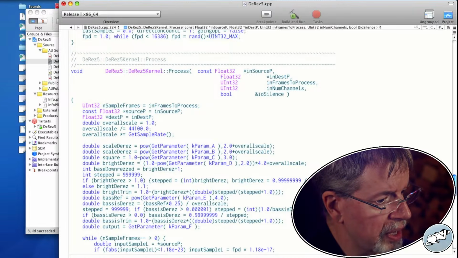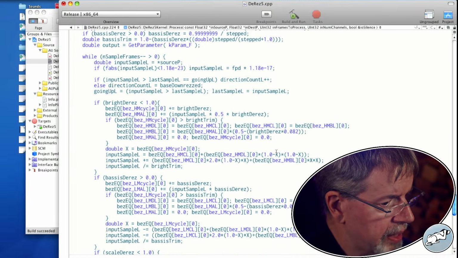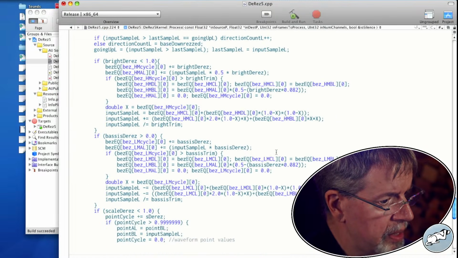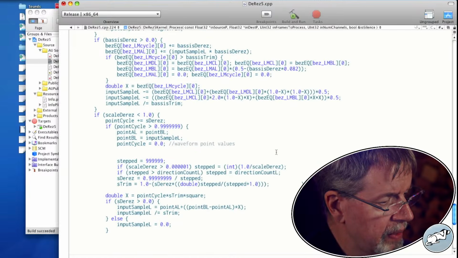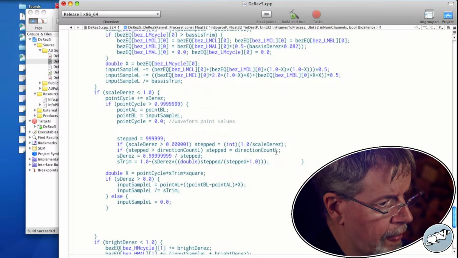So this is not good enough, but it's a start. Scale DRes is actually functioning as make this start happening.